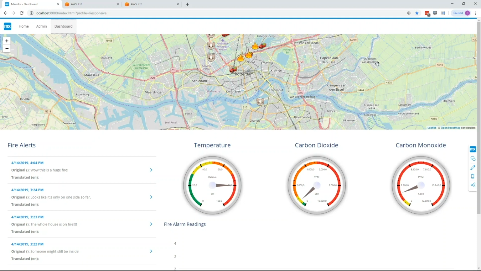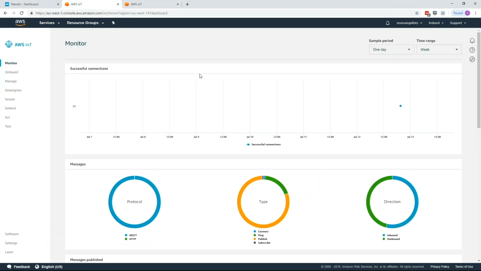We already have an application that is sending data to an IoT service, and in this case we're using the AWS IoT service. AWS IoT is a very popular platform for experimenting and building applications very quickly on top of IoT platforms. It allows you to monitor connections and inbound and outbound activity.